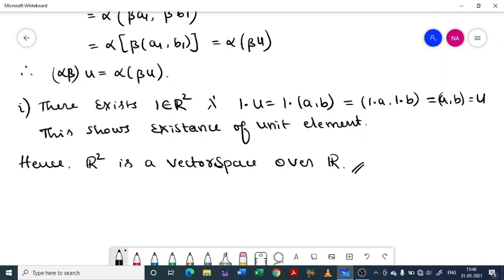So there are still a few more problems on vector space. Okay, let's take the second one. Let us try to prove this in the next class. Set of all matrices of order 2 cross 2 over R. So this is what we need to prove as a vector space over R. That can be done in the next class.